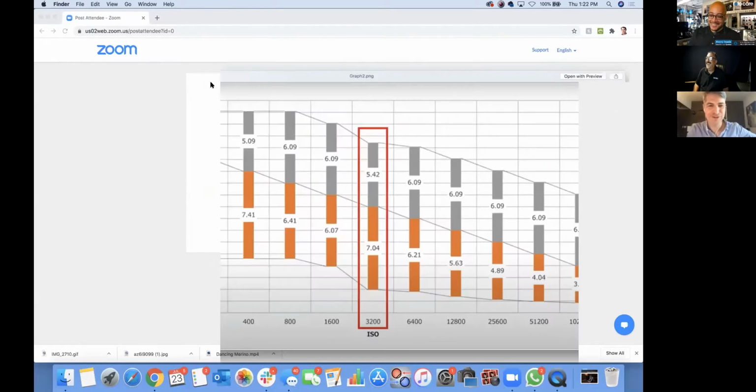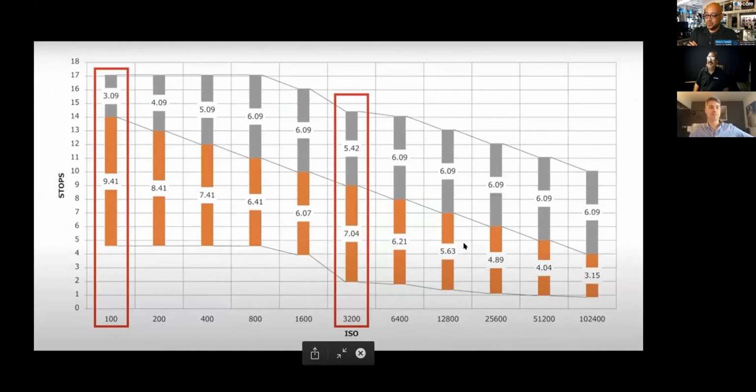You know, this is the kind of nerdy stuff that makes us very excited. So, what are you looking at? That line is middle gray. It kind of goes through the middle. And then you're seeing above and below how many stops of dynamic range you have at different ISO settings with